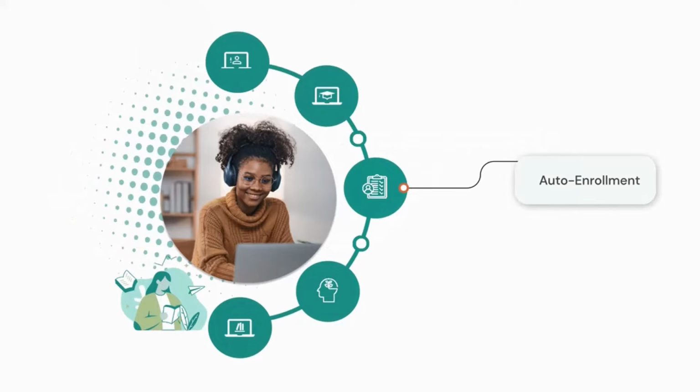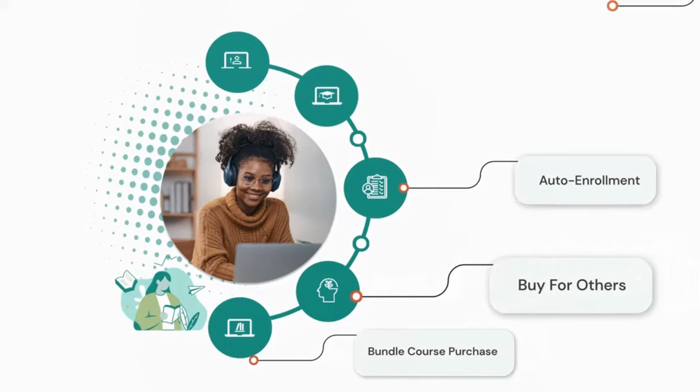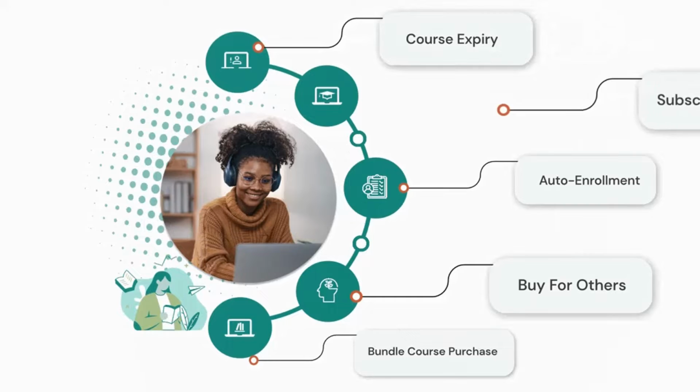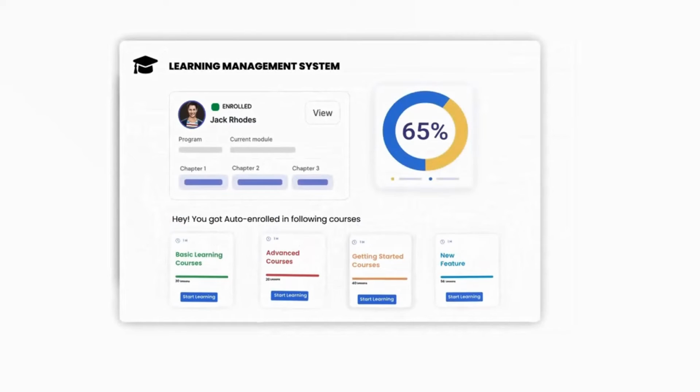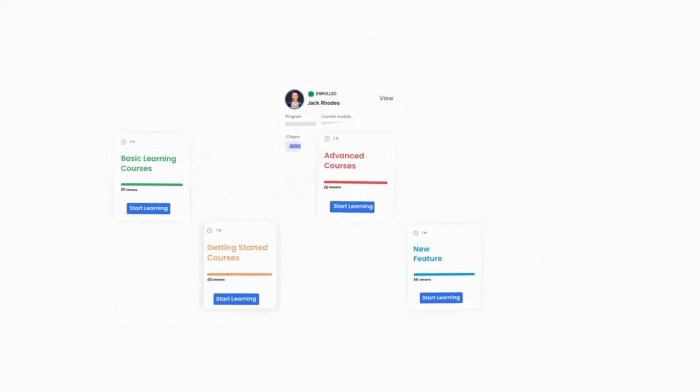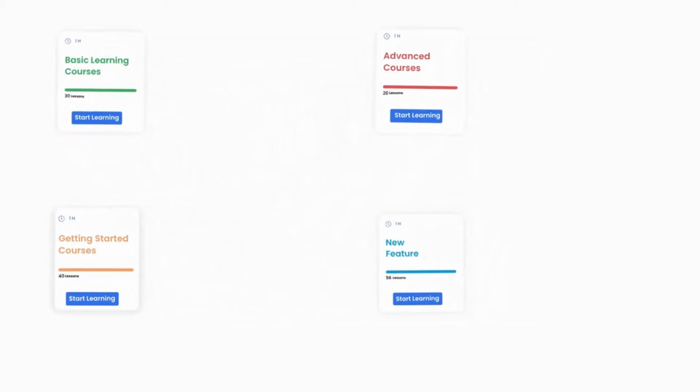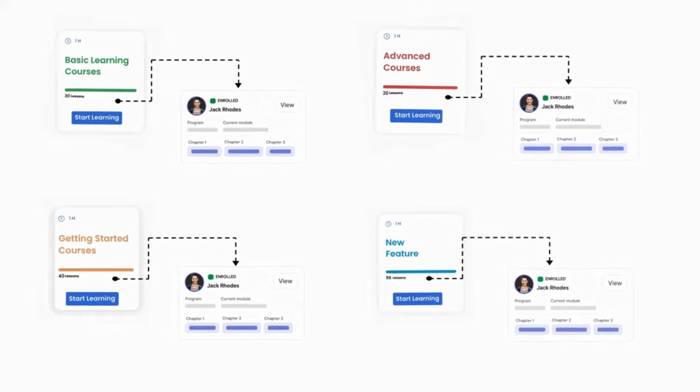Apart from this auto-enrollment feature, there are various other features like bundle course purchase, buy for others, course expiry, subscription expiry. Bundle course purchase feature simplifies the enrollment process for individuals buying courses in the bundle. It allows users to access and enroll in all the courses without having to go through the enrollment process individually